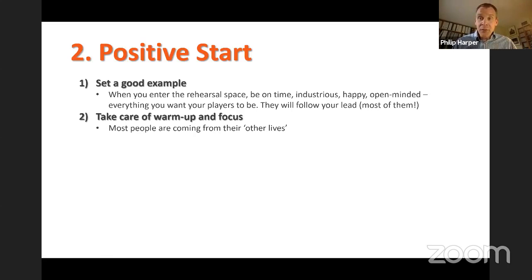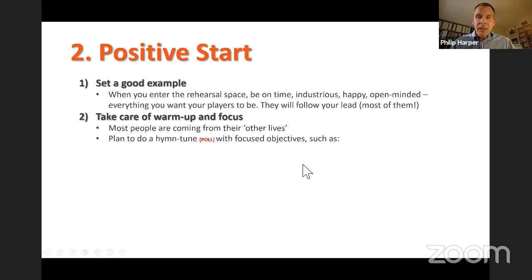Most people, as we know, are coming in to a band practice from their other lives. So they're coming straight from work, for example, or they're coming from a family situation, they've just dropped the kids off at a babysitter's. There's a million different places people are going to be coming from. And probably their mind and their brain is still going to be in that place at the beginning of the rehearsal. So it's the conductor's job to bring that focus